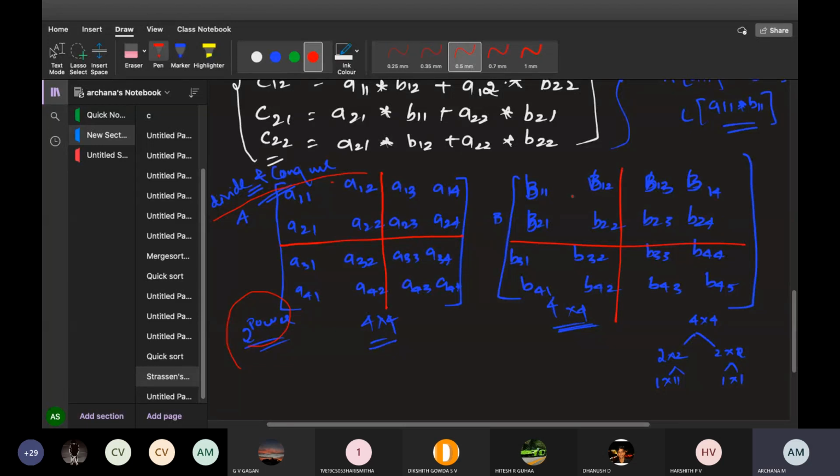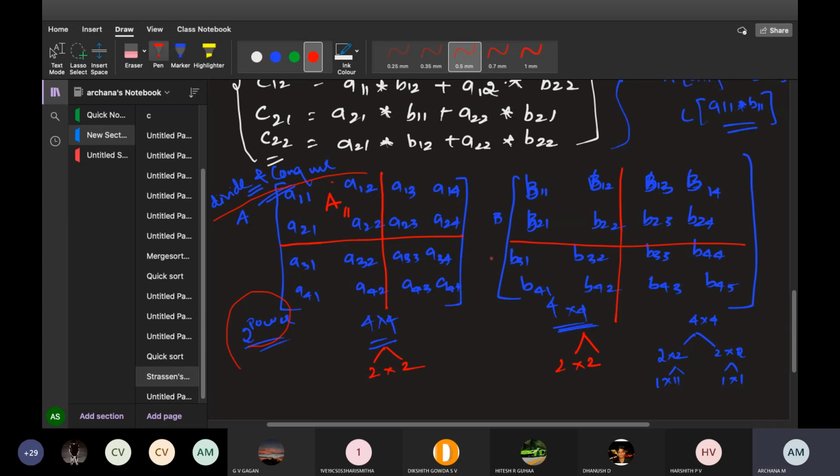So this is 2 cross 2. Now this has become 2 cross 2, right? So now 4 cross 4 I have divided into 2 cross 2. I have divided this into 2 cross 2 matrix. This is how we have to think and divide a big algorithm into smaller parts, and then we have to apply the formula for that. Okay, now look here. I have divided this and I have divided this. Now for example, this whole thing I'll take it as A11. For example, this whole A11, A12, A21, A22, this is one matrix for me now. So I'll take all these 4 elements as one single component.